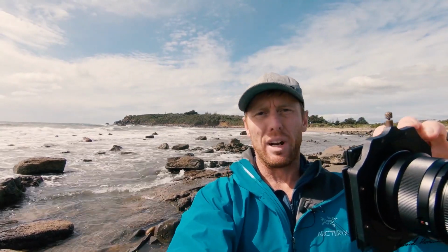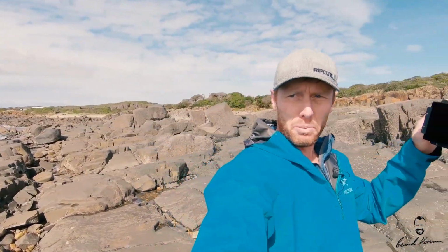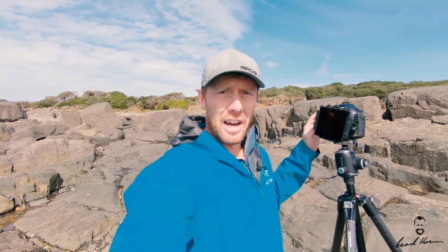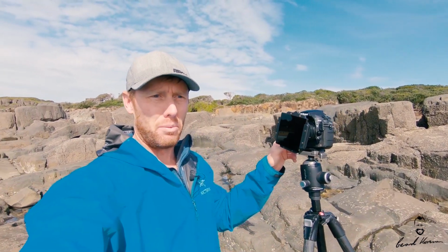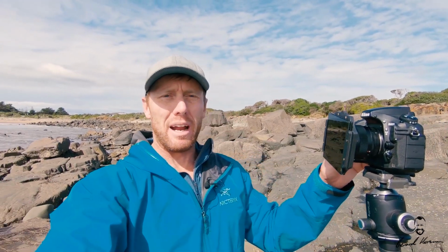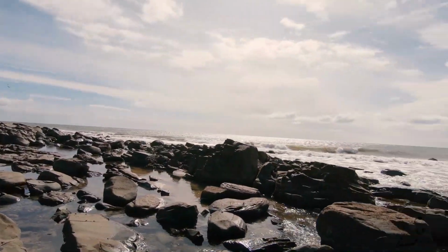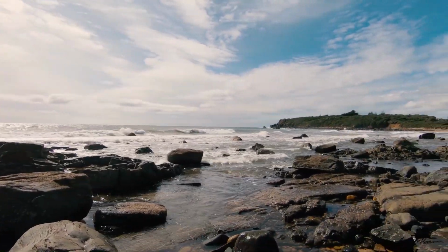I have also put on a 6-stop neutral density filter just to put a little bit of delayed shutter across the water, just to give it a little bit more atmosphere. I find that a shutter speed up to about half a second to a second is ample on a scene like this. I find when the surf's rolling in really hard like this,